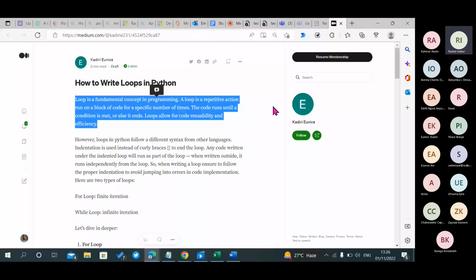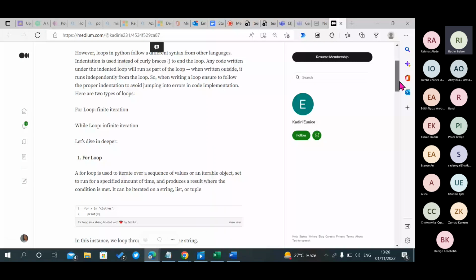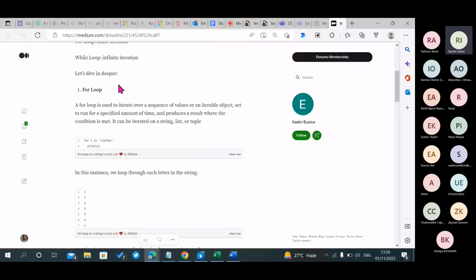So after the types of loops, I give a bit of words here, like a paragraph, then an introduction. Then I can start talking about what a for loop is. So this numbering is great. This one I like it. It's great. Then, okay, a for loop is used to...